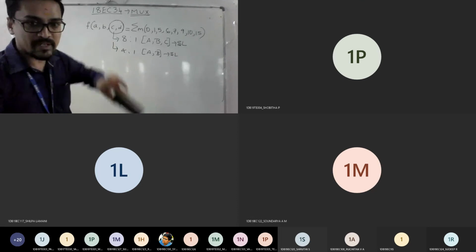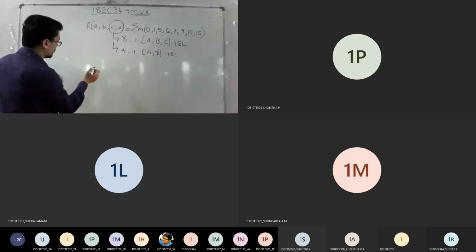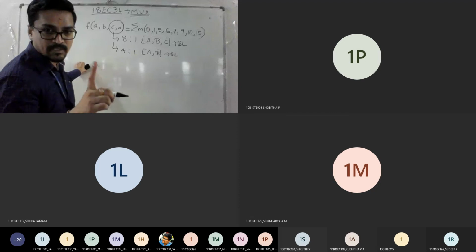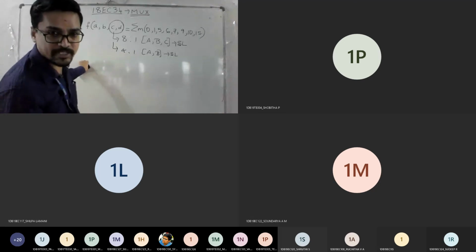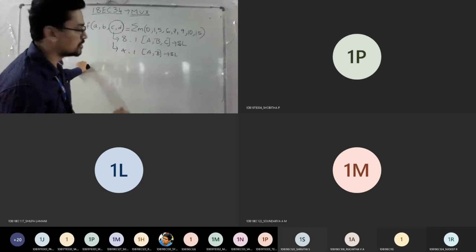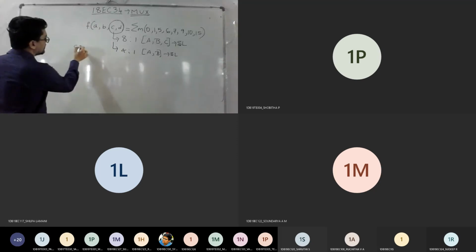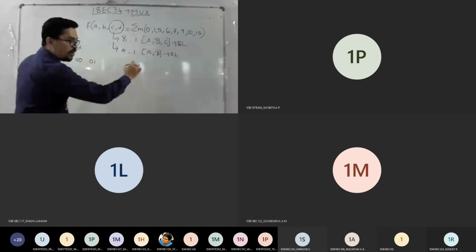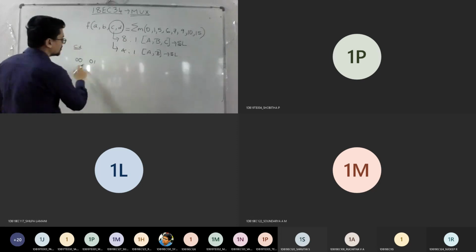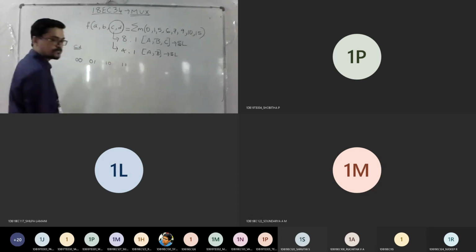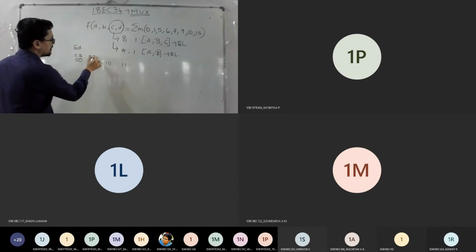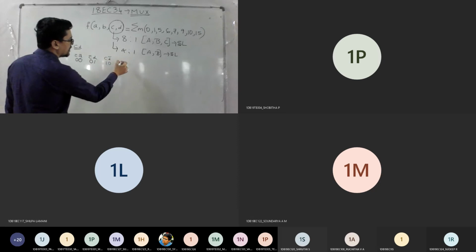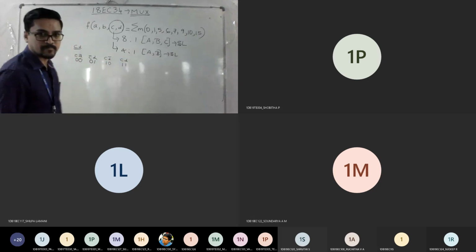It means your implementation table won't be like the previous one, because previously you had only one input, A bar, D bar. Now you have C and D. If it is C and D, how many combinations can you get? 4. Good. For CD realization, you need to take 00, 01, and so on in order. Don't write like a K-map, 0, 1, 3, 2. So what is the meaning of this? C bar D bar, C bar D, C D bar, C D. Understood? Is it fine?